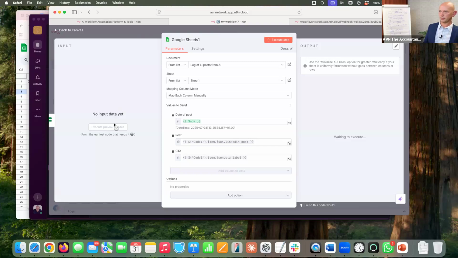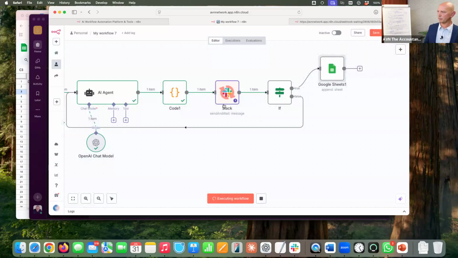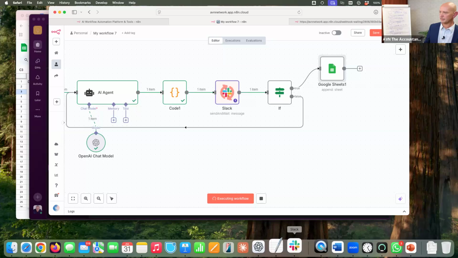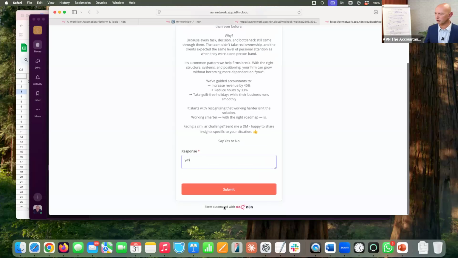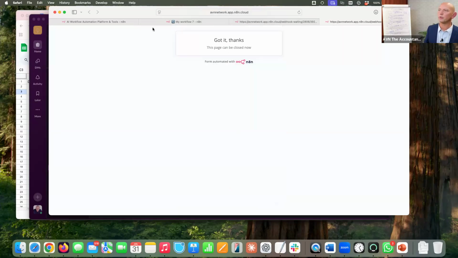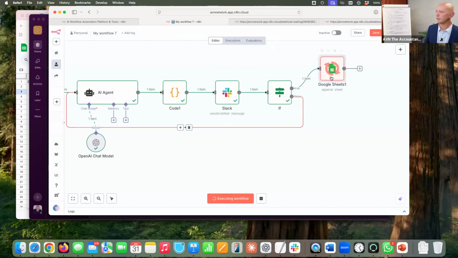All right, for some reason it's lost all the previous data. I don't know why, but, oh, it's started again, so it's just asked me to respond. So I'm just going to put a quick yes in there. Sometimes it loses, for whatever reason, all the previous data, so it just has to run through so it's got some information. So now we are in the sheets.